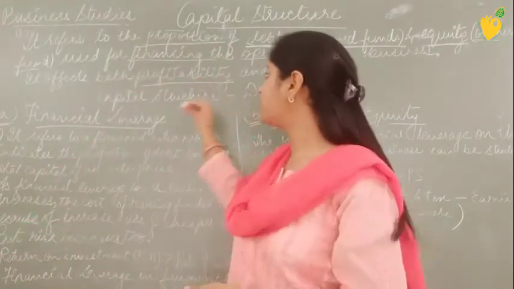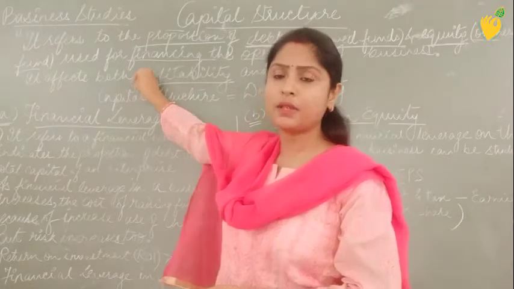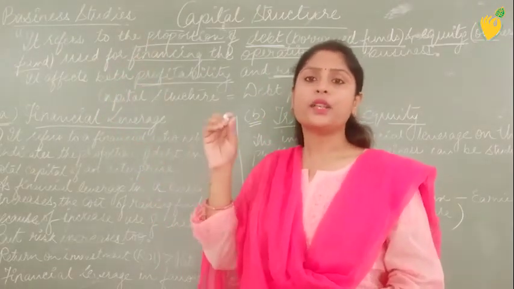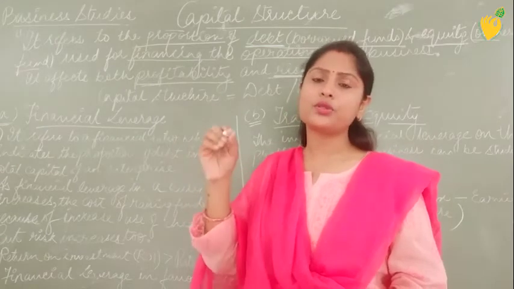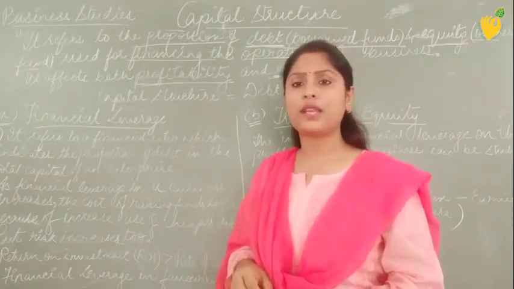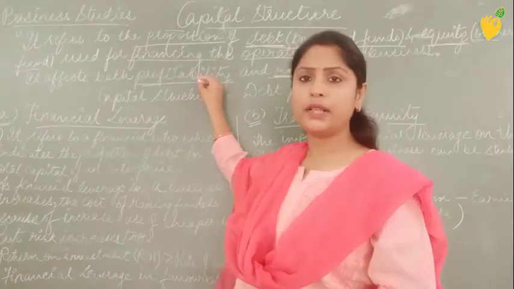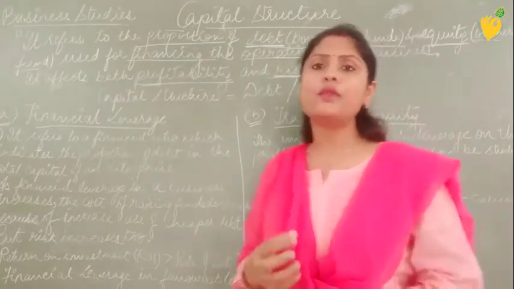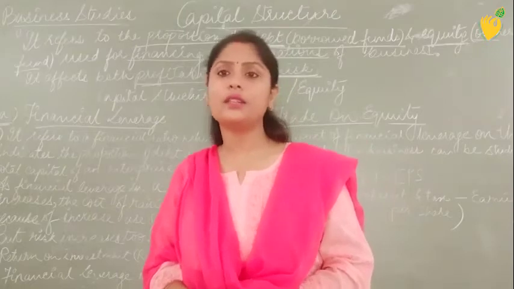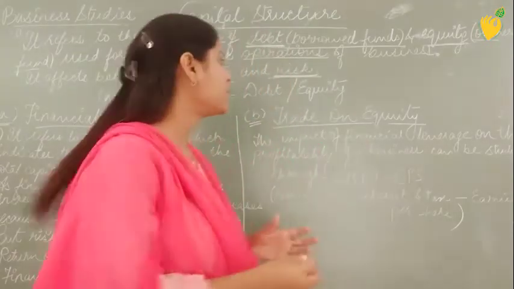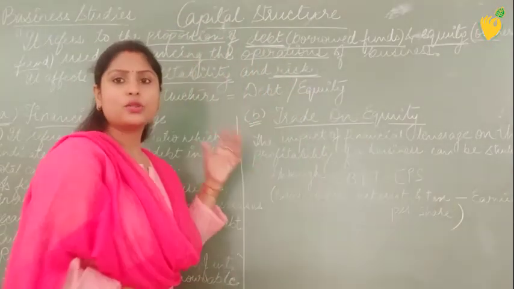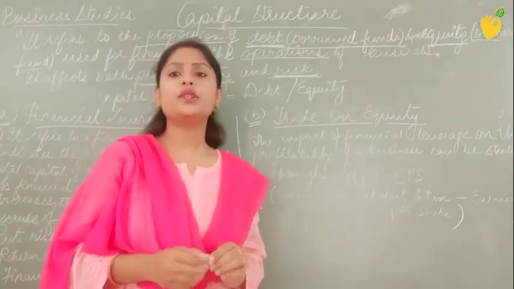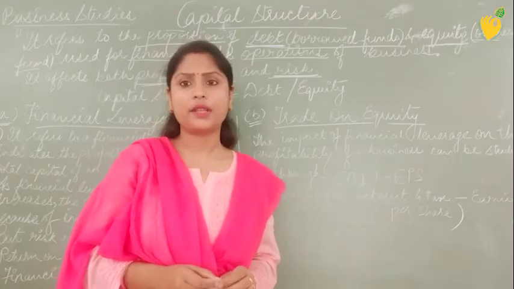Definitely there is profitability, as the cost decreases because the company is preferring to issue debt securities. Through that, the organization is going to raise the funds, that brings profitability, but there is financial risk as well. Now, how do we calculate the capital structure? It is a combination of debt by equity. So debt is divided by equity when we do any kind of numerical calculations.